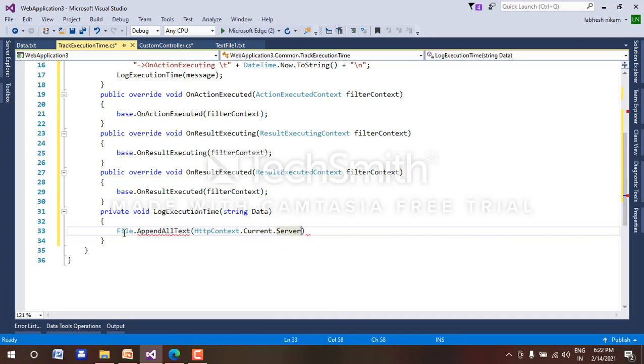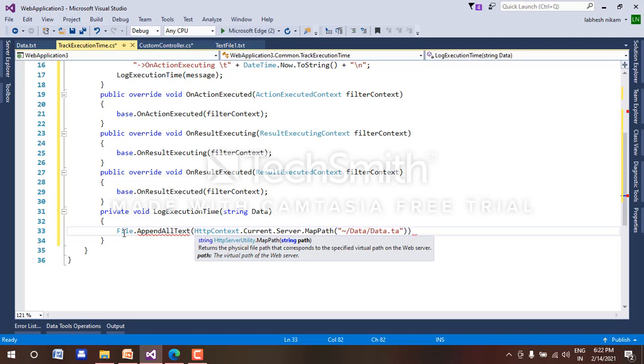Take the information from the server and map the path to where you will send the text messages, the text file for this string data, inside of the data.txt.